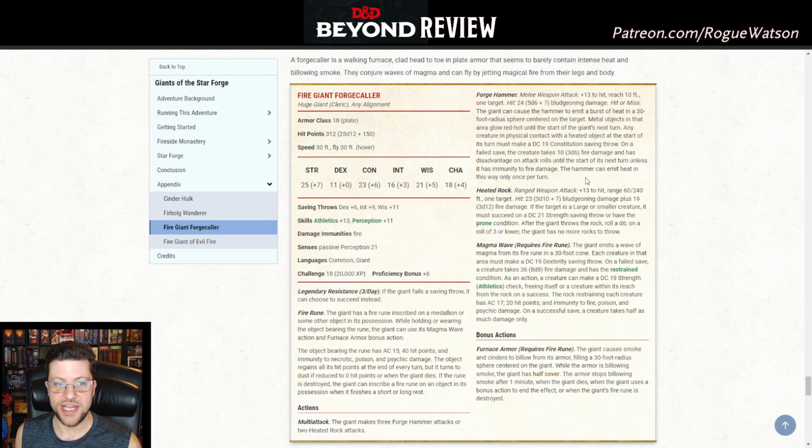She does have a ranged attack with heated rocks. She can unleash a cone of magma, which also restrains people, because you have to weigh that against 3 Forge Hammer attacks, but that one, okay, that might be worth doing. And then as a bonus action, she can basically give herself half cover by just billowing out smoke and stuff. So I still feel like maybe legendary actions might have been required here, just to try to break